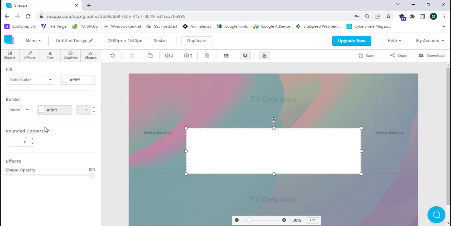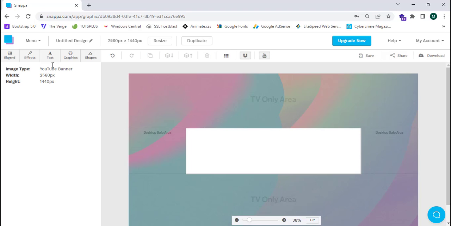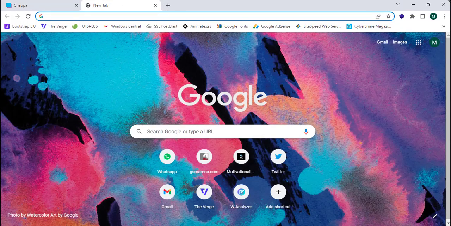So now I'm going to make this white colored. Now I'm going to create a rounded border. I can simply make this look as it is, and now I'm going to upload one of my logos. So how to create a logo? Simply proceed to